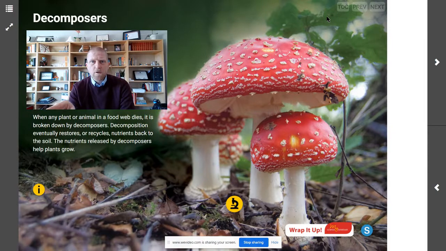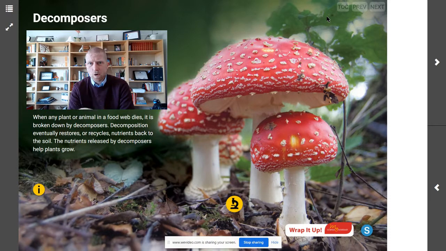So when all those leaves fall to the ground in the fall, and all that organic matter, all those leaves are dead, they fell off the tree, they're no longer alive. When they break down, decomposers, bacteria, fungus, they get energy from those things. Fungi, such as the mushroom, and the microscopic organisms called bacteria, are two kinds of decomposers. When any plant or animal in a food web dies, it is broken down by decomposers. Decomposition eventually restores or recycles nutrients back to the soil. The nutrients released by decomposers